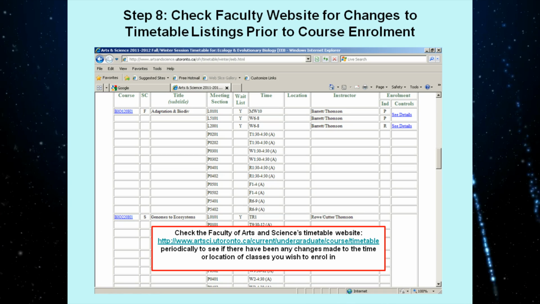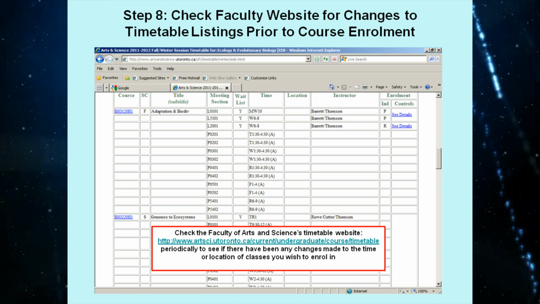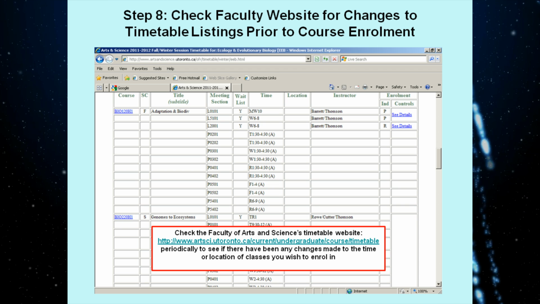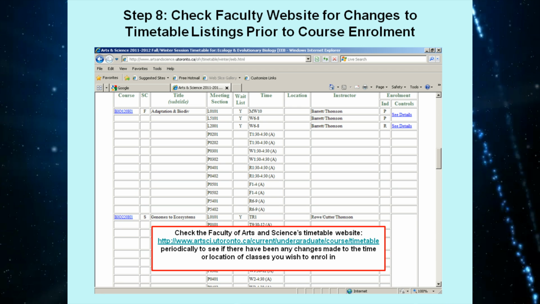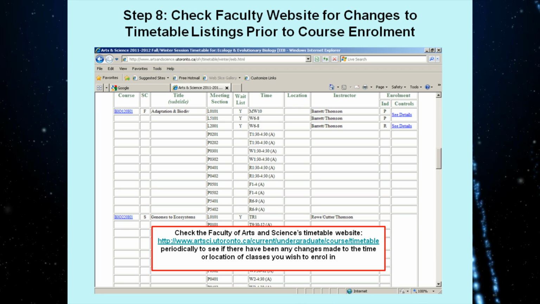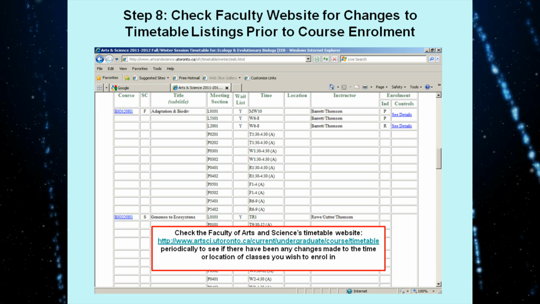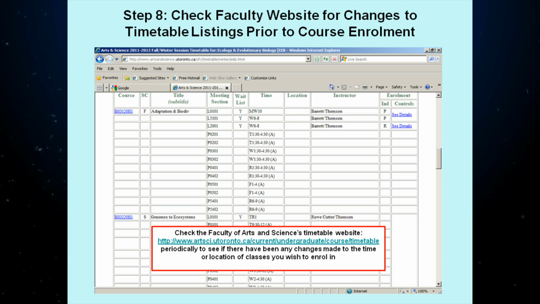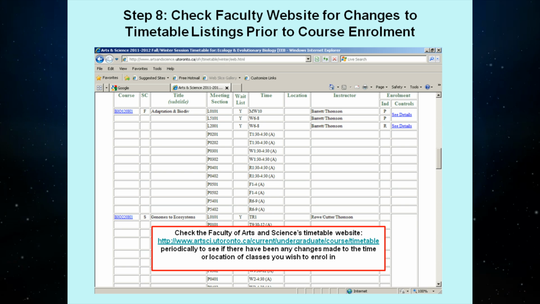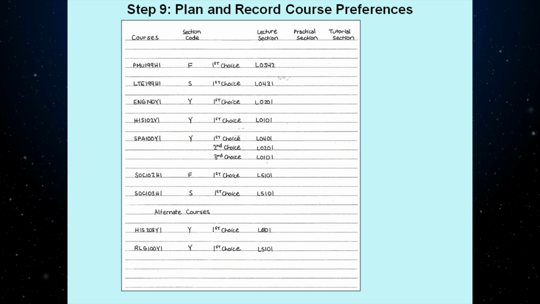Okay, on to step 8. Consult the updated timetable information listed on the Faculty of Arts and Sciences website to determine whether there have been any changes made to the courses that you're selecting. Changes may involve the addition or deletion of meeting sections, course cancellations, changes in meeting section times, or changes in classroom locations. Make a list of your courses and preferred meeting sections to help you prepare for choosing your courses